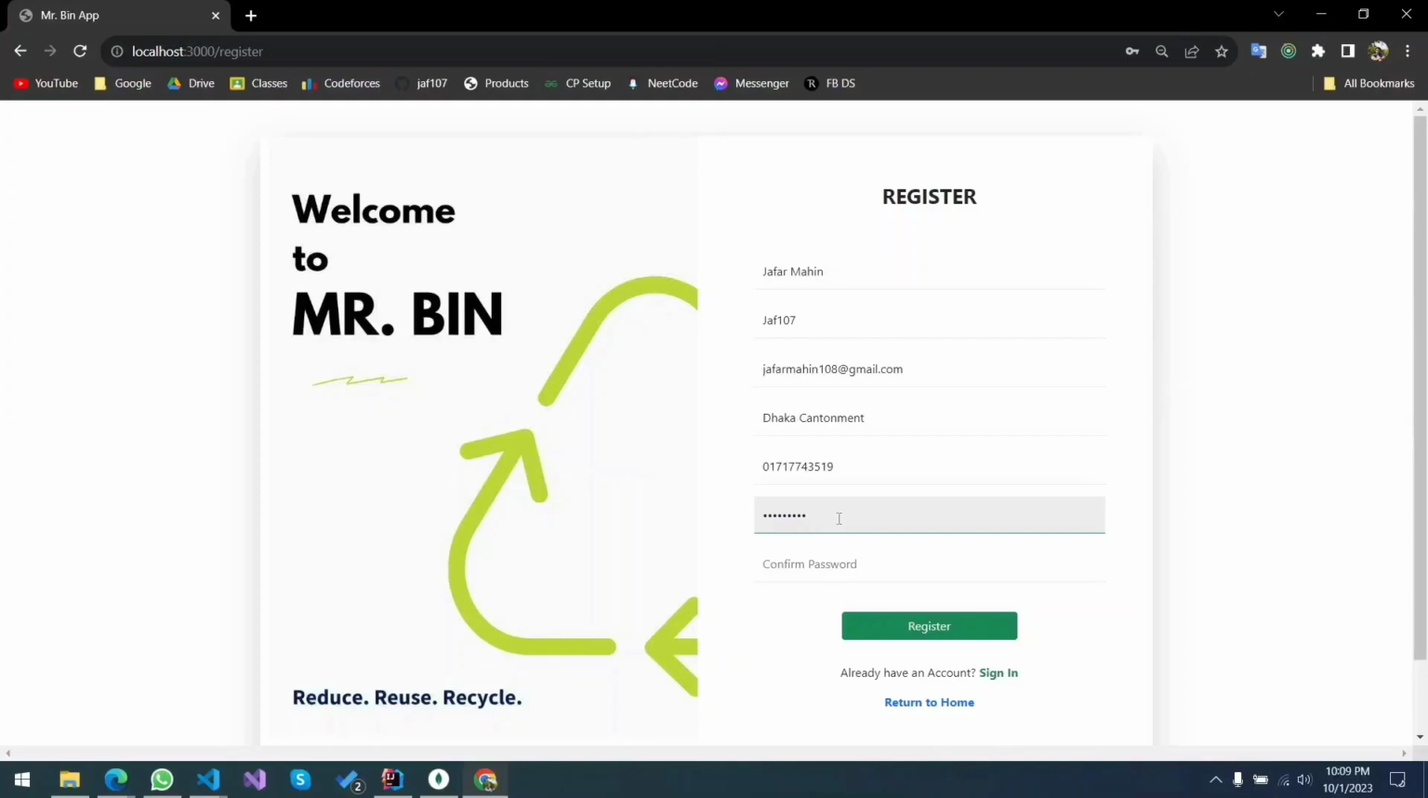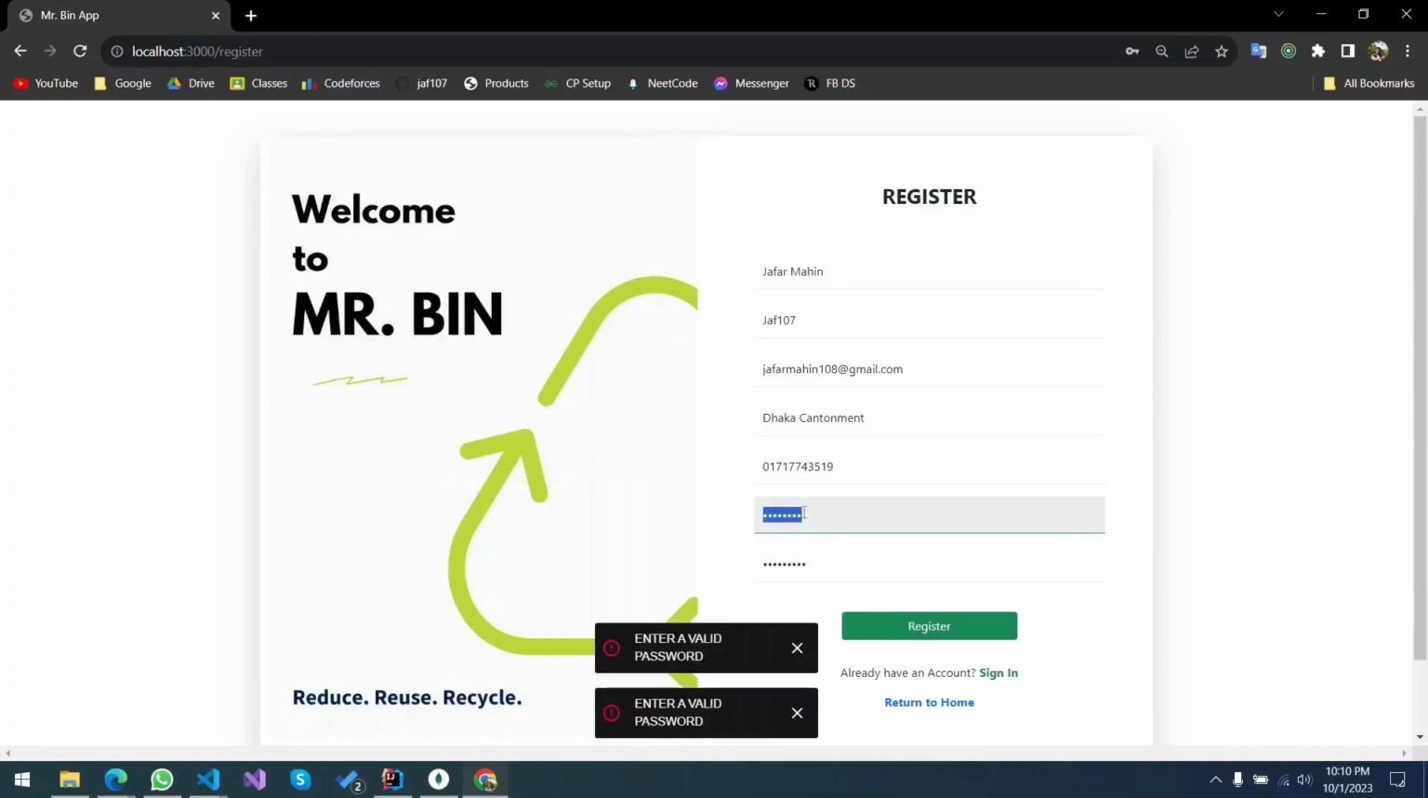There is a front-end validation for the password as well. If you put something and it doesn't match, there is an alert shown over here saying enter a valid password first. If the password is too simple, it's going to show the same thing. If the passwords are alright,